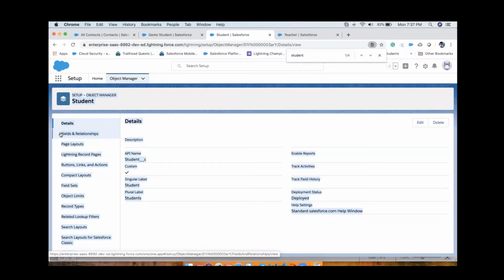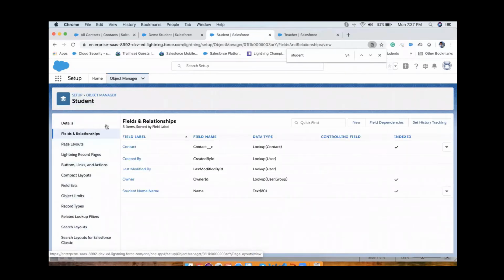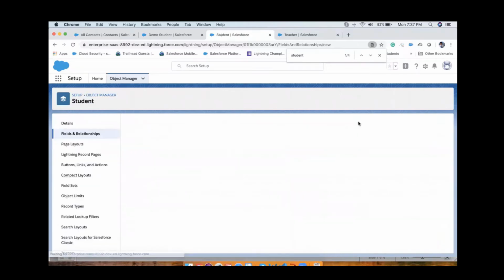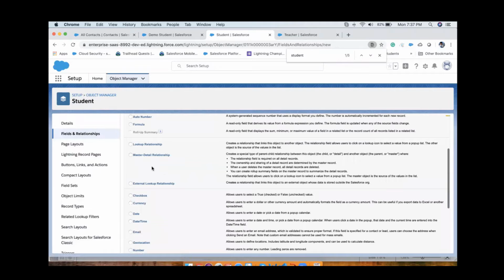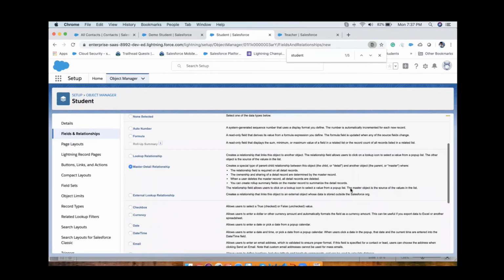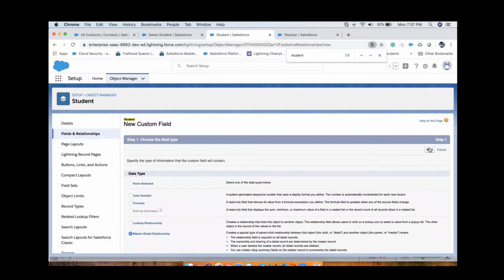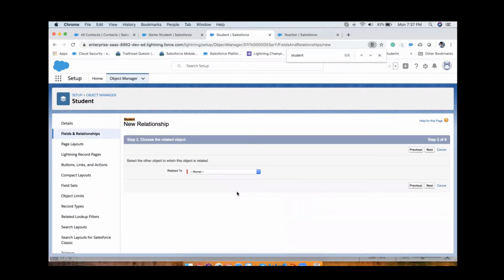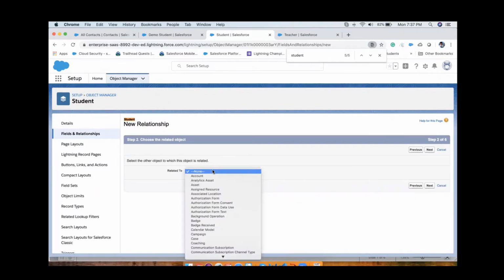But somehow if you have a requirement, say we have assigned it temporarily for a specific class, that this student is assigned to this teacher and we need to delete, then we will create a master detail relationship. So on the same student object, just for demo, by creating a new master detail relationship, next, related to